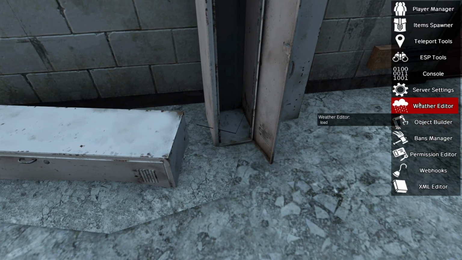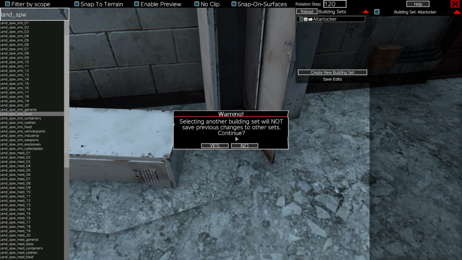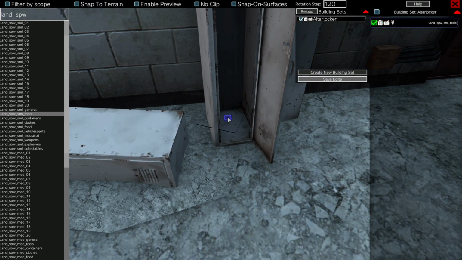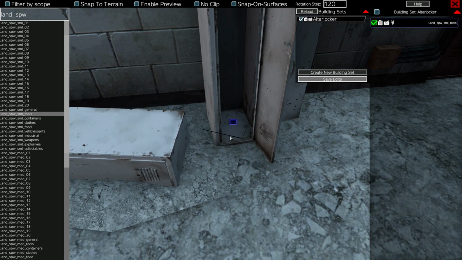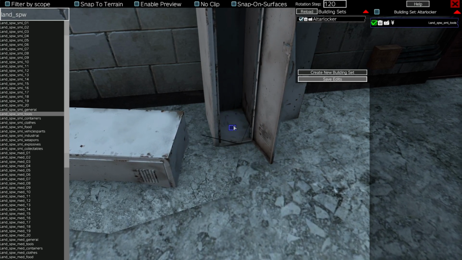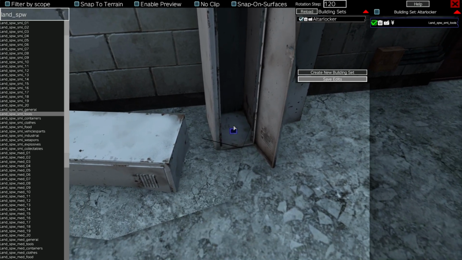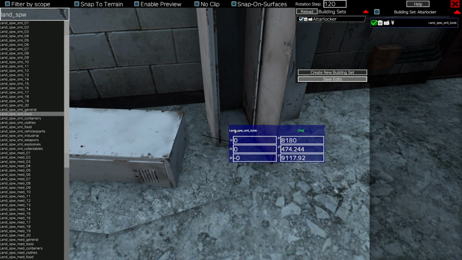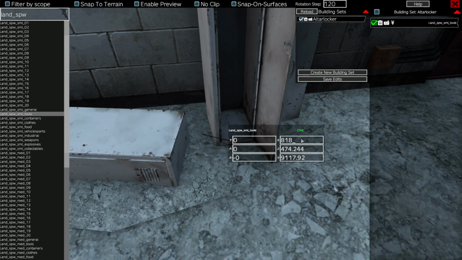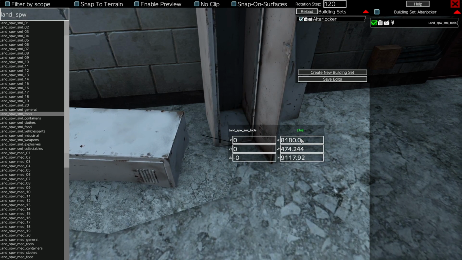But to basically place it, let me go back into object mode, click on the set, click yes, and then I'm going to click on that little square, so it's now blue, and I can drag it. I can use Alt and left mouse button to go up or down. And then once I've got it set to where I want it, I can also go into it, double click on that blue square, and it brings up this box, so I can do fine adjustments. You see, as I'm typing each number,